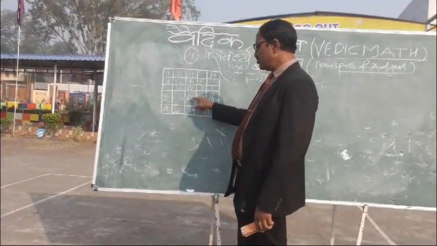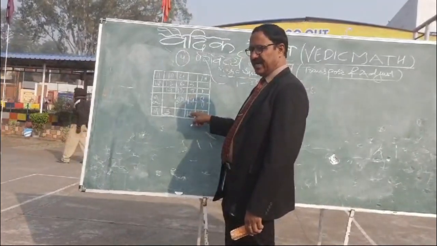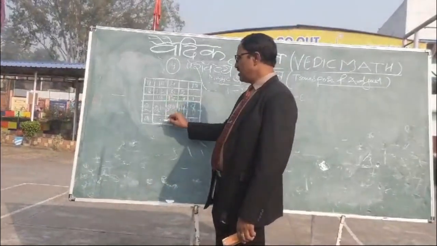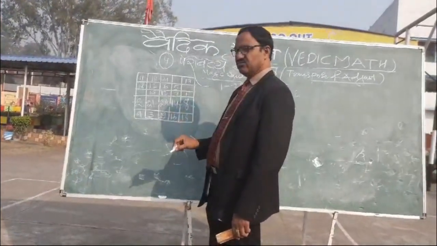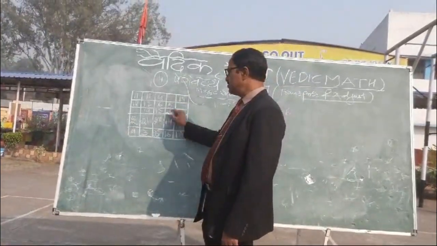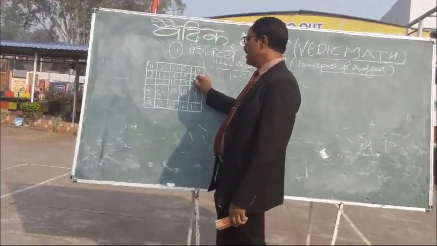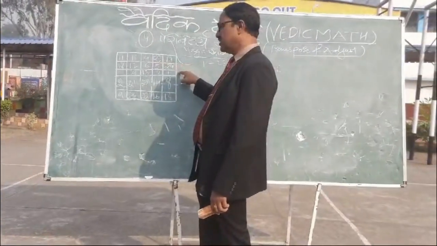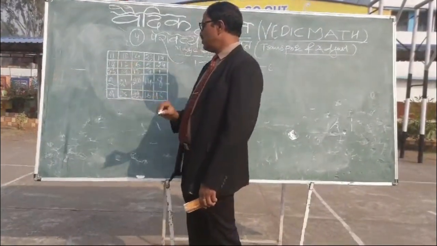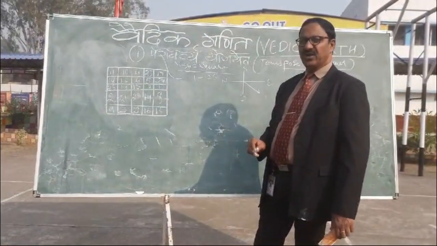Again, after 20, there is no position, so you sit here, 21. After 21, this is 22. After 22, you have to sit here, but no vacant place, so this is 23. After 23, it is here, 24. After 24, it is 25. So in this way, children, you see all the vacant places have been filled.